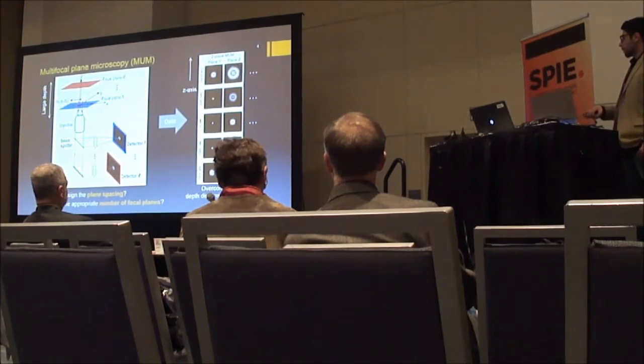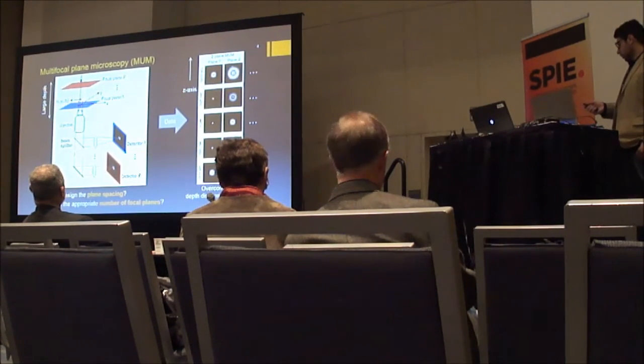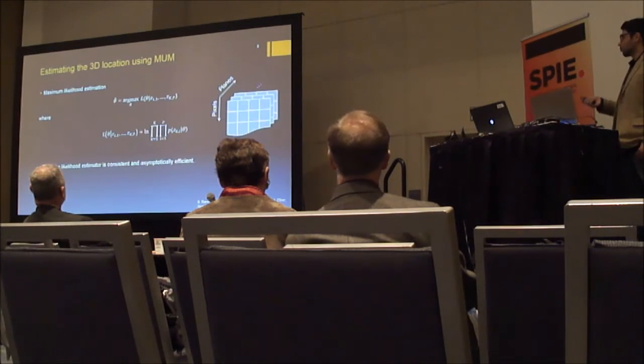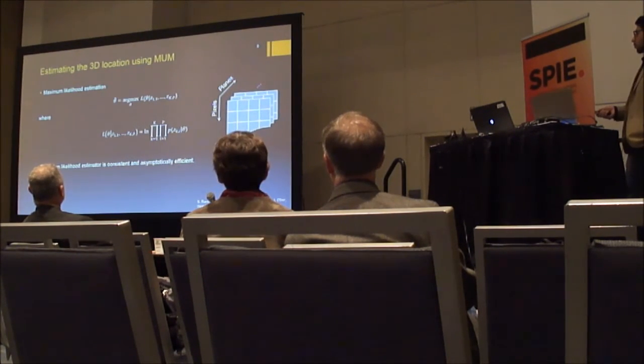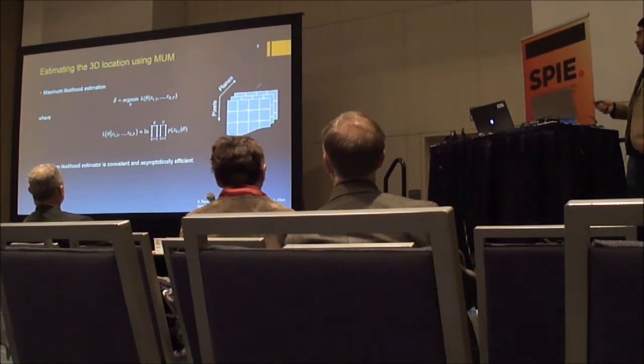So before addressing those two questions, I would like to first show you how we process the data and estimate the z position in our lab. So what we do, we have an algorithm called MOMLOC, a localization algorithm. So we basically have a maximum likelihood estimation procedure. So we estimate